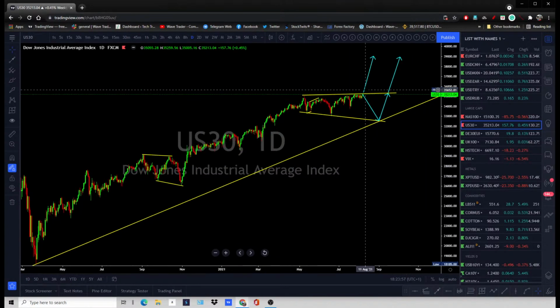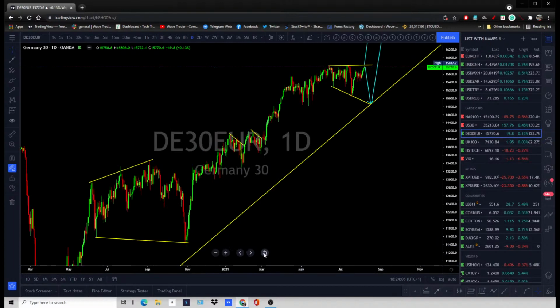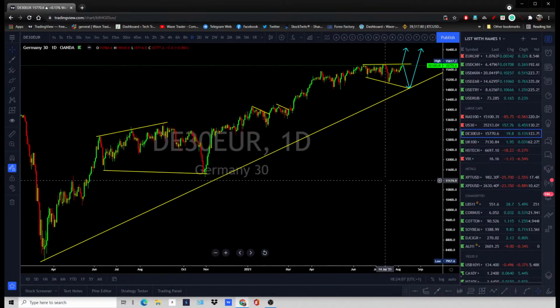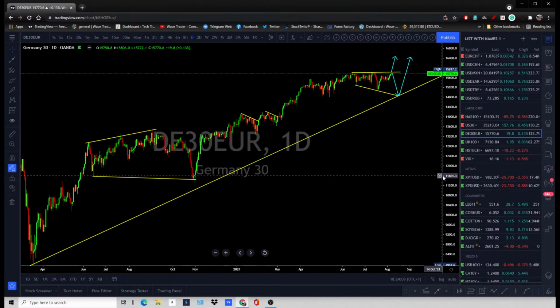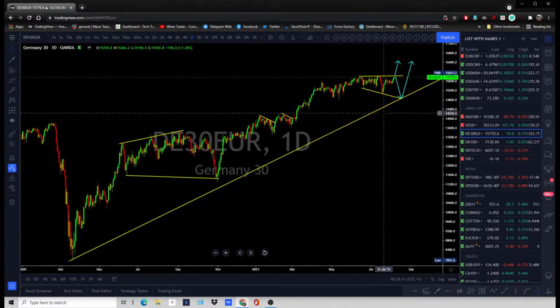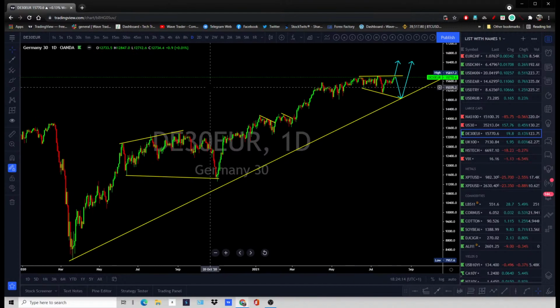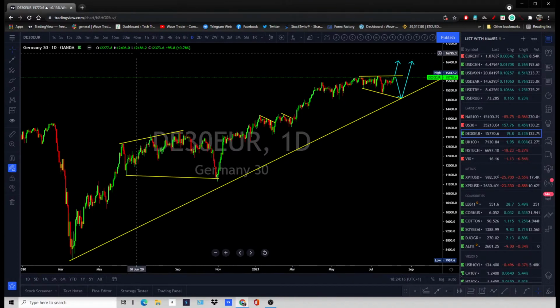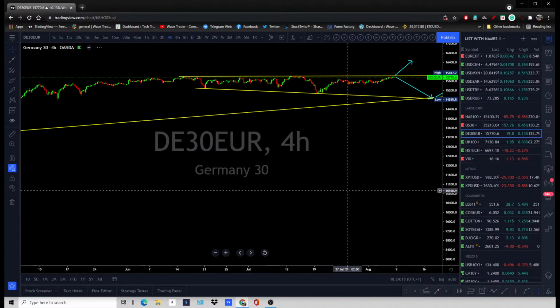Okay, breakout, continue or drop, deeper correction, and then continue. So on the lower time frame, you can chase. I don't see a lower time frame setup right now because they are at the top, sitting at the record highs. Same goes with the Dow, right? So sorry, same goes with the German 30, all right?